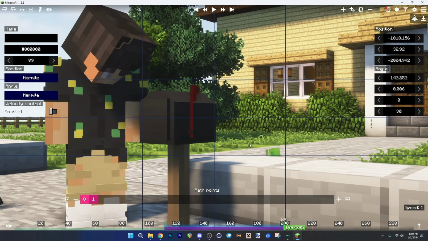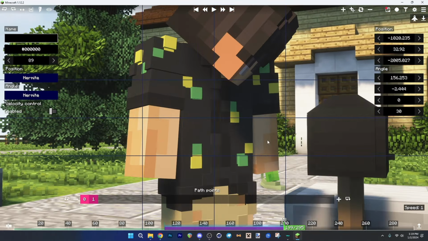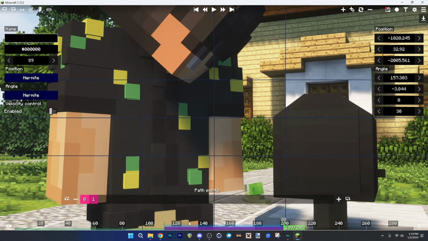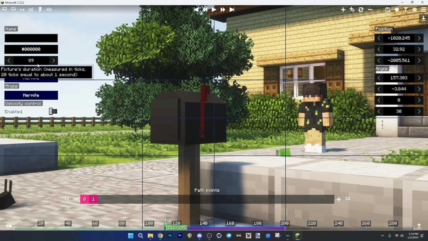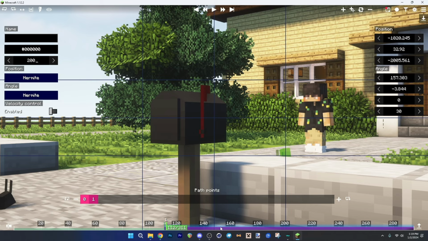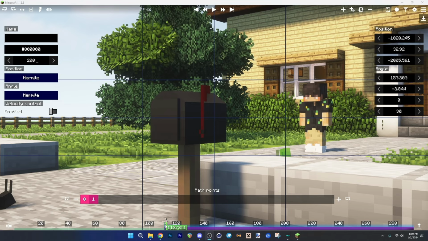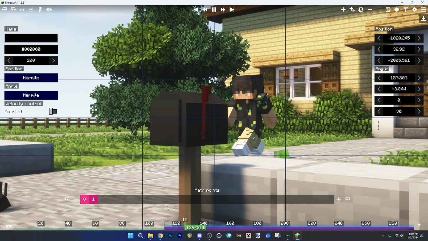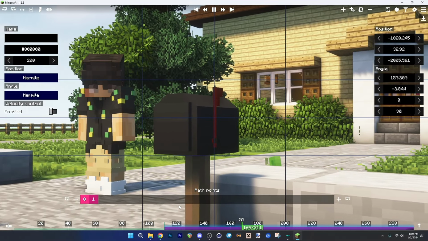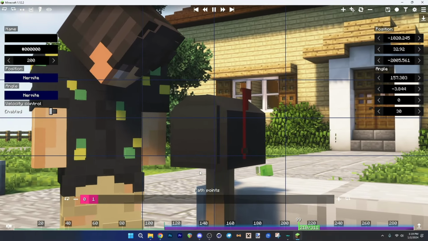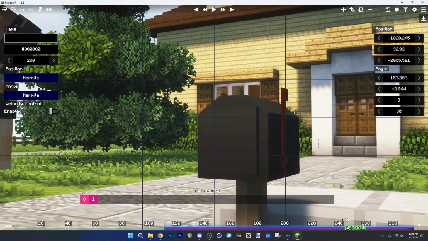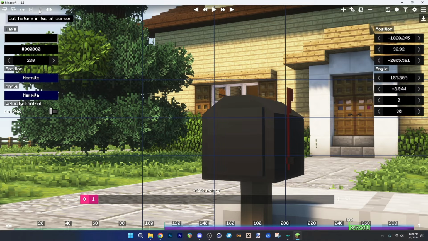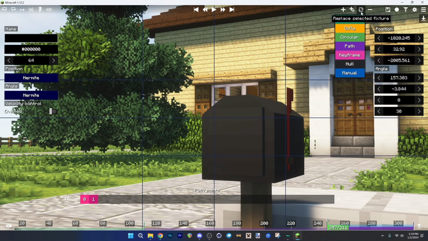So he's up here looking at the mailbox. So I'm going to have it zoom in like this. All right, and then to go a bit slower, we're going to have the 20 ticks go up higher. Okay, so then we can have that cinematic look right there. Okay, and then once he's out of frame, we can click the little cut thing again, replace it with an